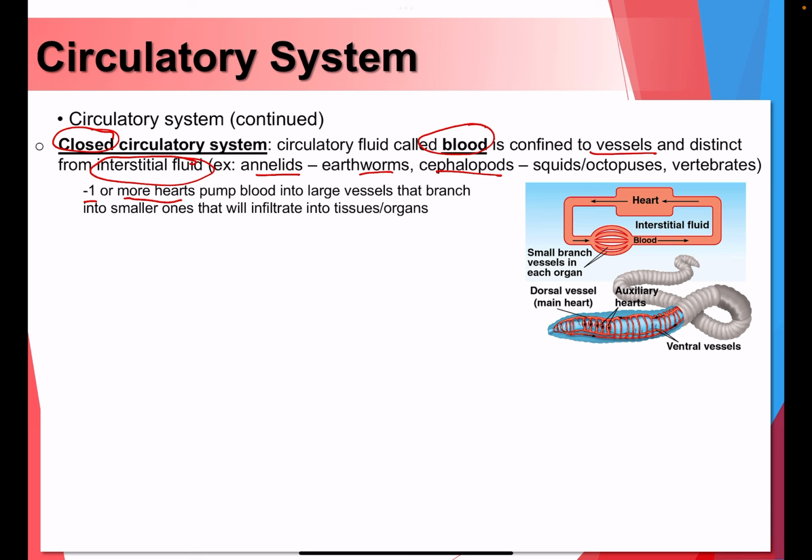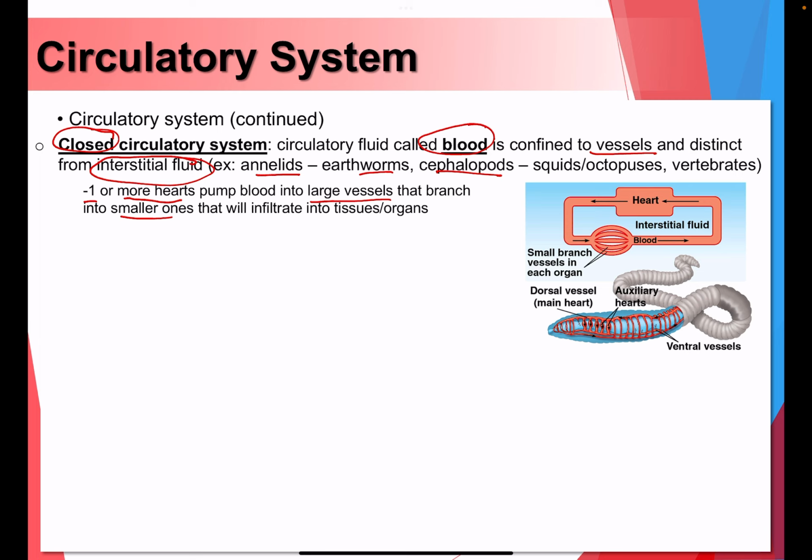We can't have just this big tube splashing at a big organ because that's an open circulatory system. We need a big tube that then diverges into smaller ones, and it is the smaller ones that can wrap around a particular tissue or organ and make sure we are distributing all that nutrient into every cell of that tissue or organ. So that's why it's a central theme here, where we have large vessels diverging into smaller ones